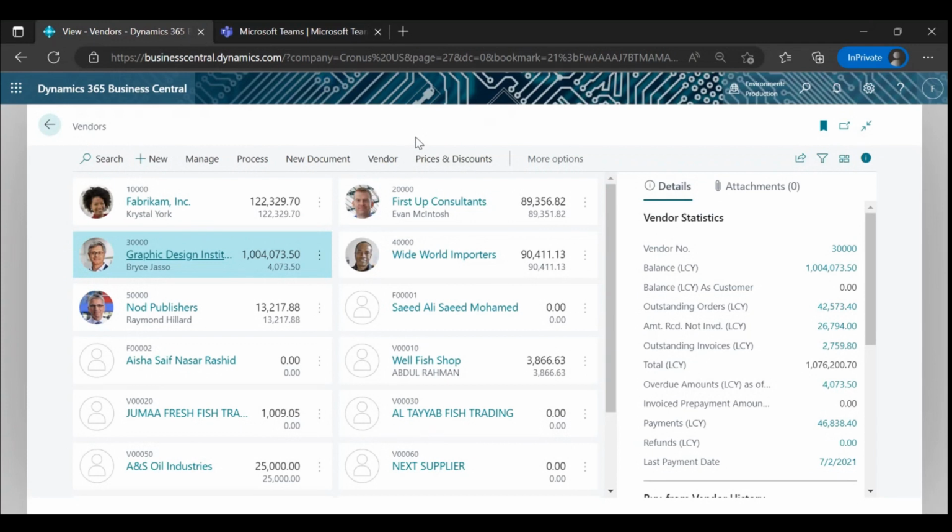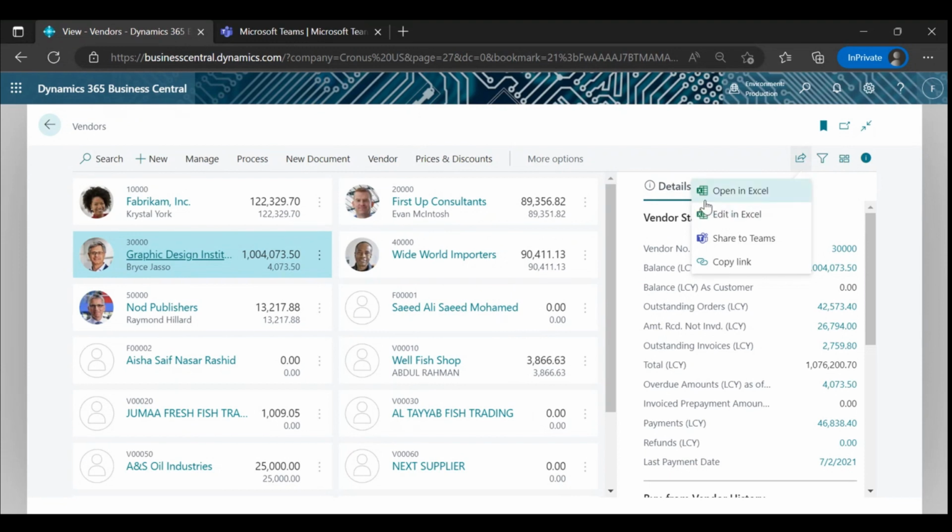Then again, there is another very important feature that Mary mentioned, and I would really like to emphasize it here again: open in Excel and edit in Excel. Open in Excel basically dumps all this data, the list of vendors, right into your Excel. I think that's not a great deal, like 99% of systems might be doing that. But what sets Microsoft Dynamics Business Central apart from other ERPs is that it has two-way communication.